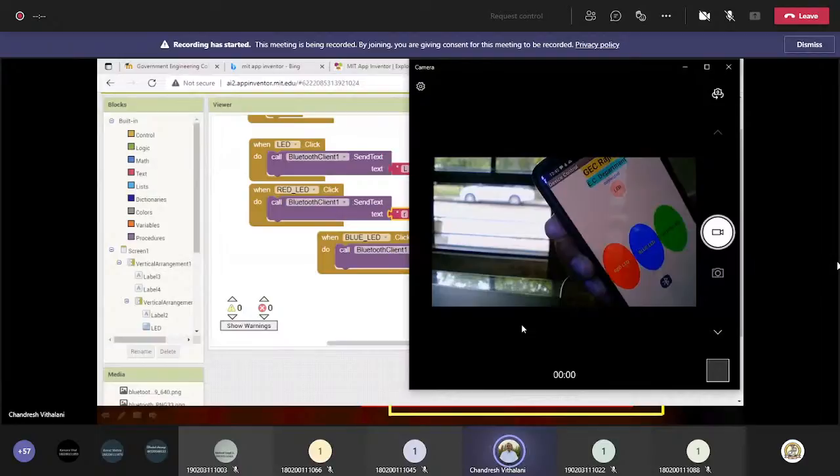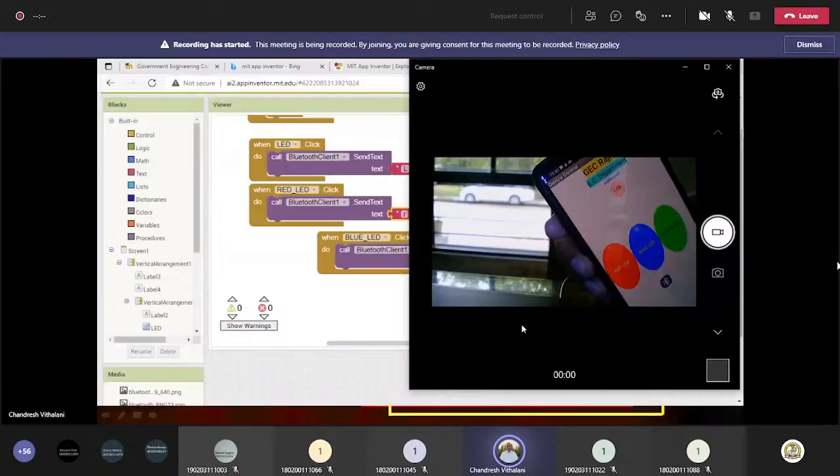Then the corresponding LED will turn on. Red, blue, and green.